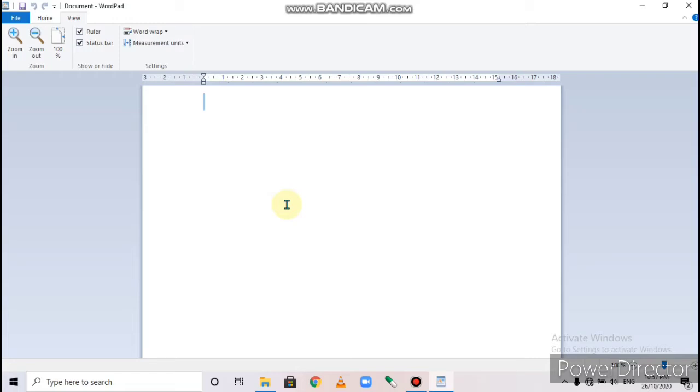The first, typing text. To type the text, first of all, click on the work area. You would notice a small blinking line. Start typing here. The blinking line is called the cursor. When you click on the work area, you can see a small vertical blinking line appear here. This blinking line is known as cursor. Understood? The small blinking line is known as cursor. The cursor indicates to start typing from this position.